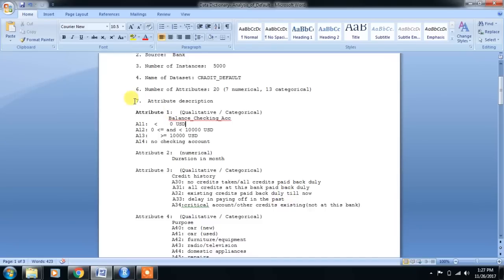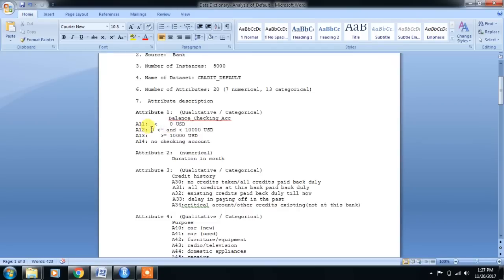Attribute 1 is the balance in the checking account. What is the balance in this particular customer's account? We bucketed it into different buckets. The A11 bucket means less than 0 USD, who have a negative balance.